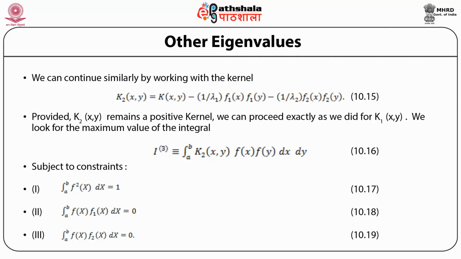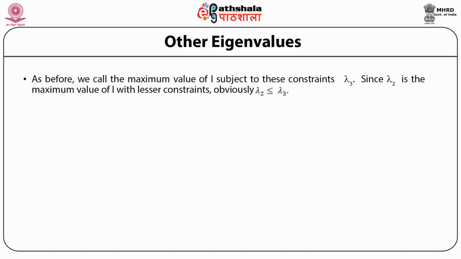This is to be maximized subject to the constraint that f is normalized, that is, integral a to b of f squared x dx is equal to 1, that f and f1 are orthogonal, that is, integral a to b of fx f1x dx is equal to 0, and further fx is also orthogonal to f2, that is, integral a to b of fx f2x dx is equal to 0. As before, we call the maximum value of I subject to these constraints lambda 3. Since lambda 2 is the maximum value of I with lesser constraints, obviously lambda 2 is less than or equal